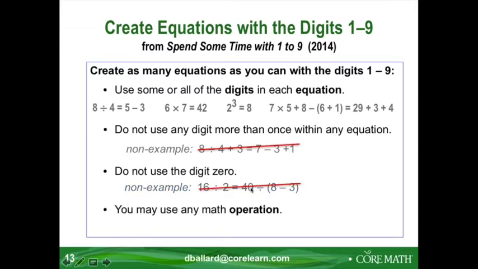I'm crossing that out. So you can use any math operation you want. You can use add, subtract, multiply, divide, or exponents, whatever you can to make an equation. Use some or all of the digits. Don't use 0. Don't use a digit more than once within an equation. And then you see how many you can create. Be as creative as you can. All right. So everybody, all my webinar friends here, that's the end of the instructions with the class. What I'd like